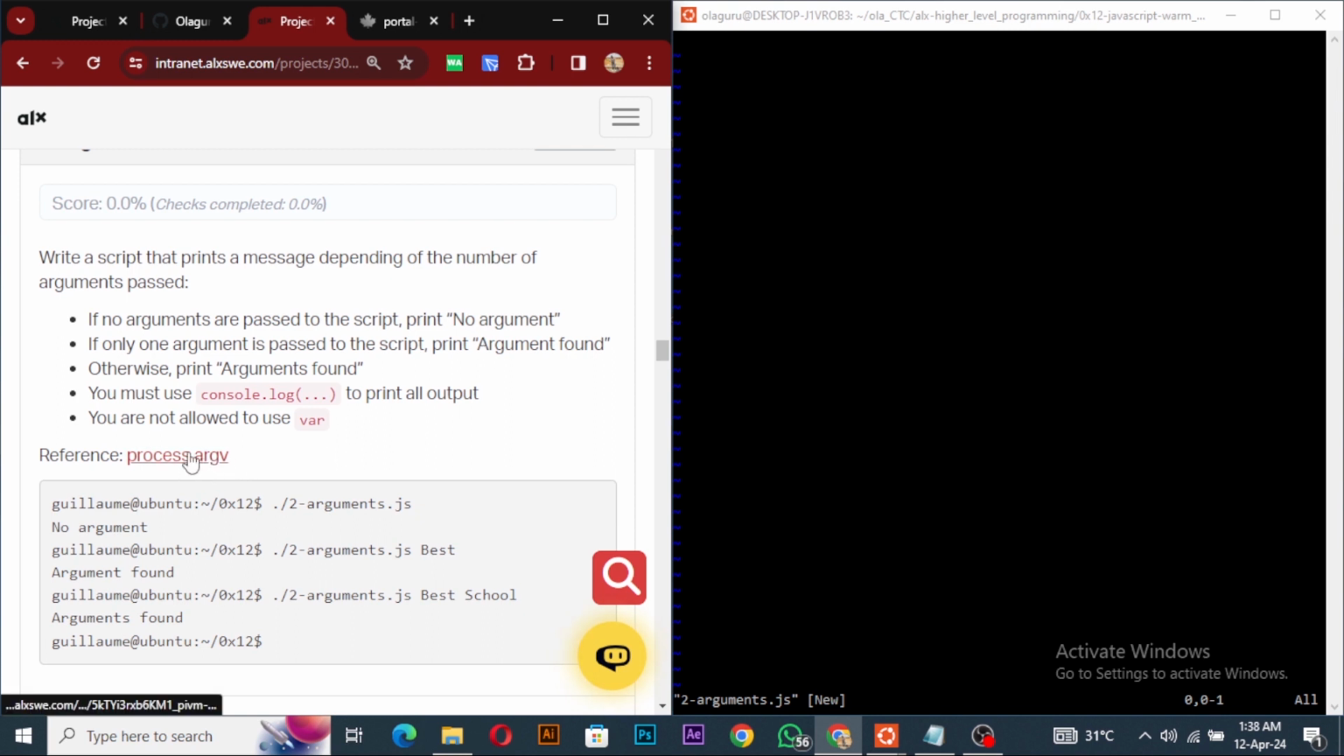This is the one we use for command line arguments, and we write a script that prints a message depending on the number of arguments. So if no arguments are passed, that's "no argument". If 1 is passed, you say "argument found". If it is more than 1, you say "arguments found". Okay, so what we do is we say, am I in insert mode? Yes. A shebang, and then user binary, and then node, right? And then we do this as usual,